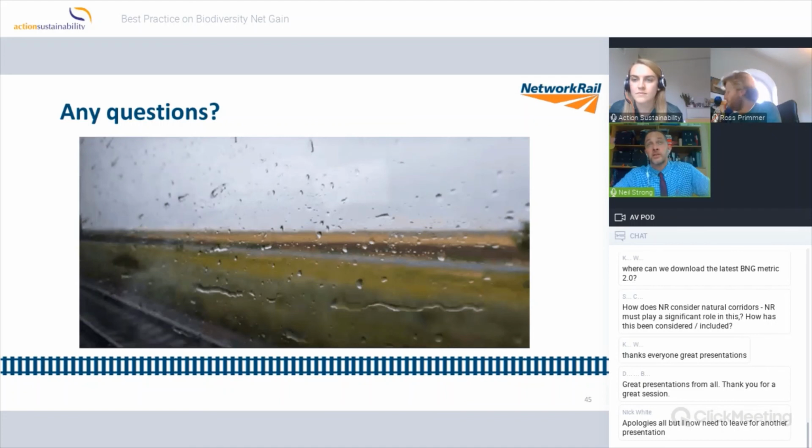Actually, it's longer than that, it's 2 years in November. So we are taking forward the recommendations. We have a specific program that is looking at not only the biodiversity elements that were raised by John Varley, but also other issues like weather resilience and climate change, and also the energy use and decarbonisation of the railway. These are all within 2 programs that we are running, and they are network-wide programs.